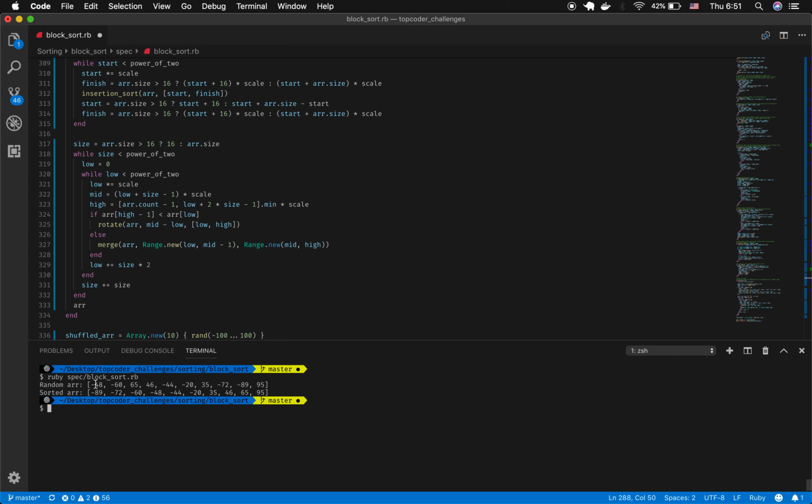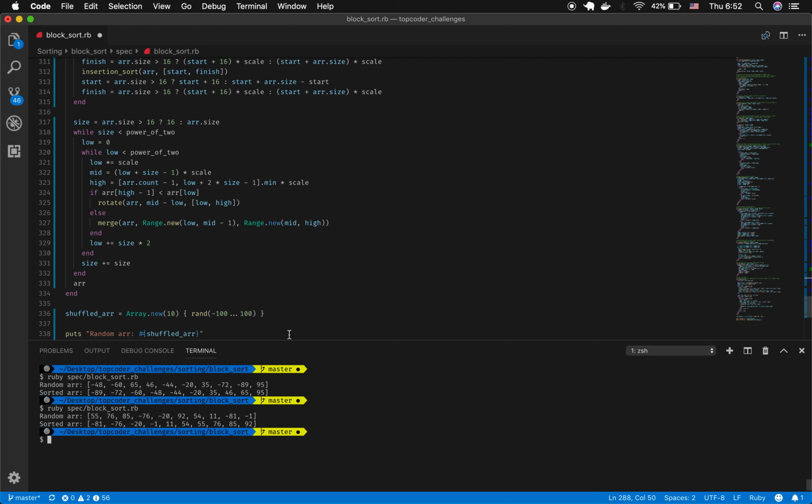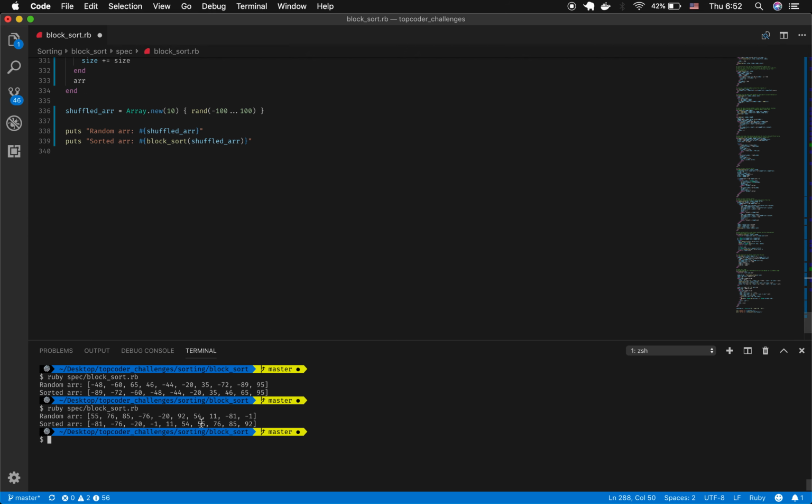And as you can see, the random array that was thrown in was -48, -60, 65, 46, -44, -20, 35, -72, -89, and 95. And then returned is -89, -72, -60, -48, -44, -20, 35, 46, 65, and 95. Okay, so as you can see, that array has been sorted, and it's not a fluke. I didn't code in the array to be any specific thing. I passed in another random array and another, and so we can see that this method does actually sort arrays,